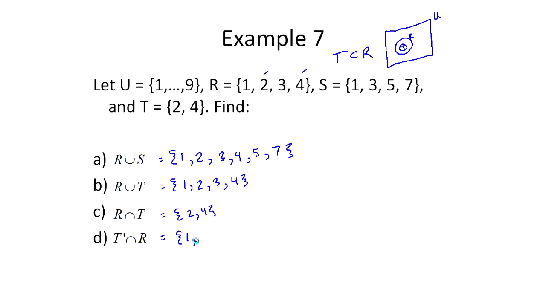So it'd be 1, not 2, 3, not 4, 5, 6, 7, 8, 9. And then we want to intersect that with 1, 2, 3, 4. So only what they share will be in the intersection. So they share 1 and 3, it looks like. And that's it. So this intersection is